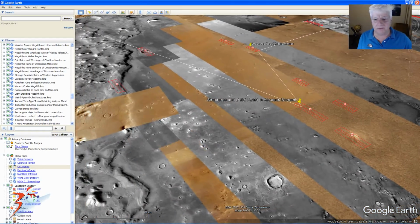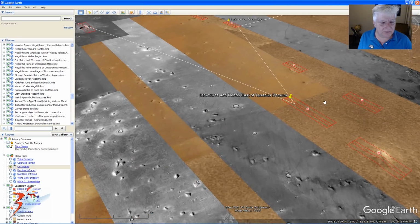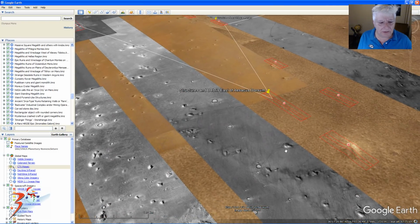It looks as if there's a ridge line running through here with lots of hills and mountains on this one side, and then this area here is quite flat, pretty featureless, no really huge geological features. Got some of these circular depressions over here. And then it's pretty